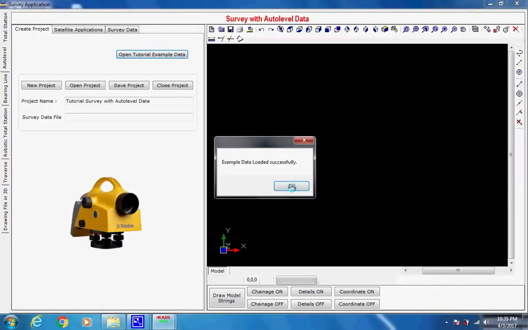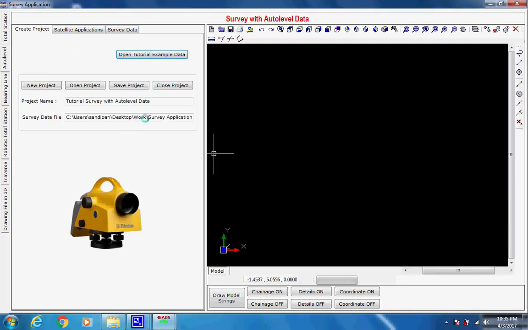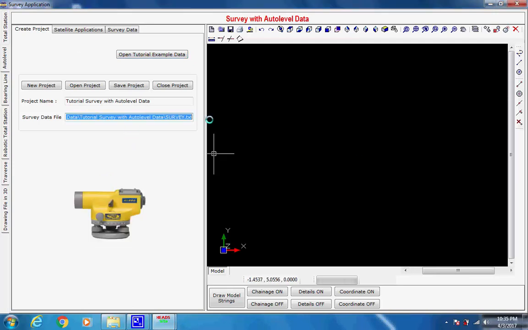Click on button Open Tutorial Example Data. As the message comes, click on button OK. The folders will be created inside the working folder as Work, Survey Applications, Survey with Auto-Level Data, Tutorial Survey with Auto-Level Data, and a copy of the auto-level survey data file survey.txt will be brought into working folder Survey with